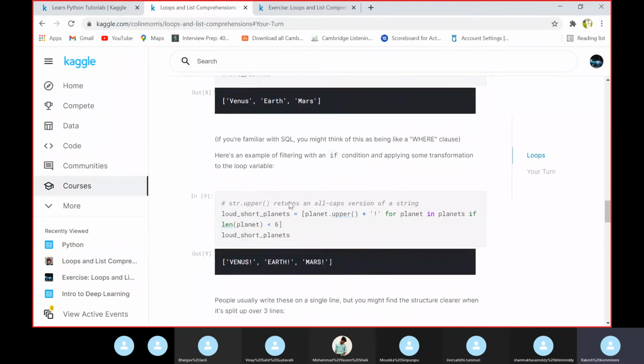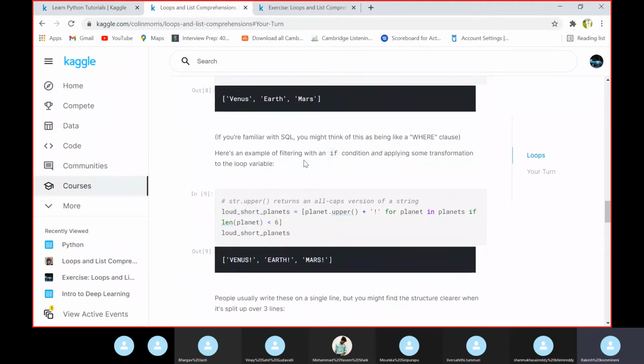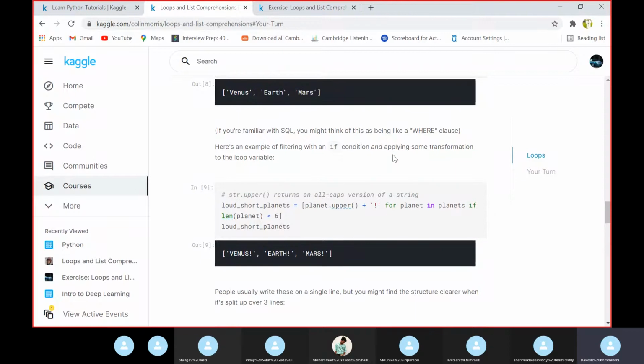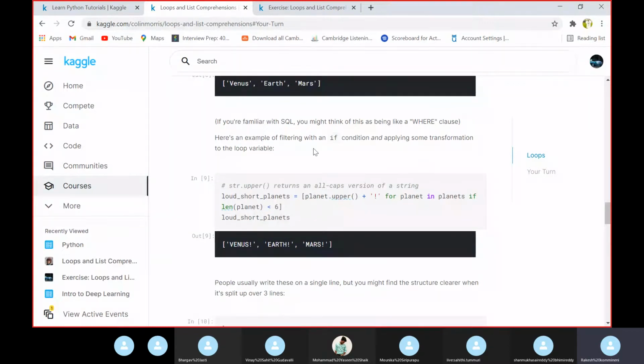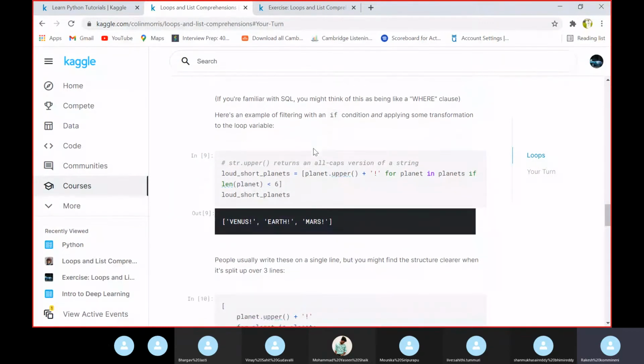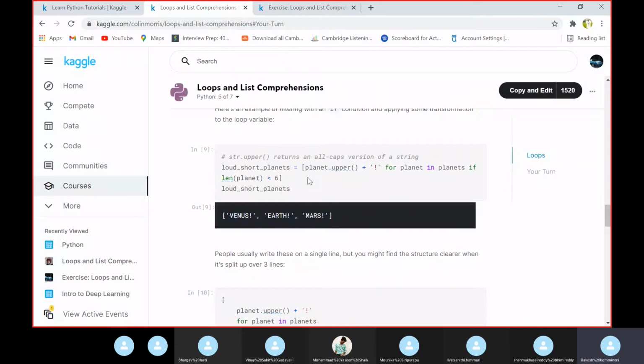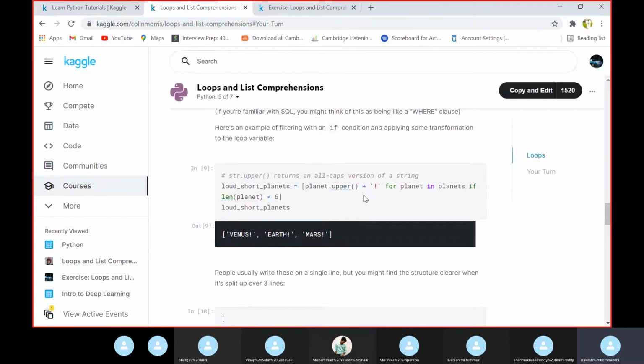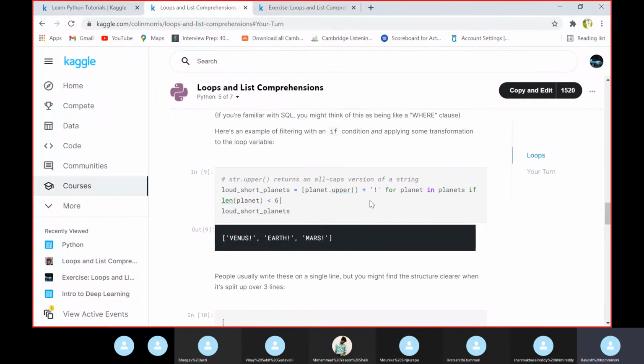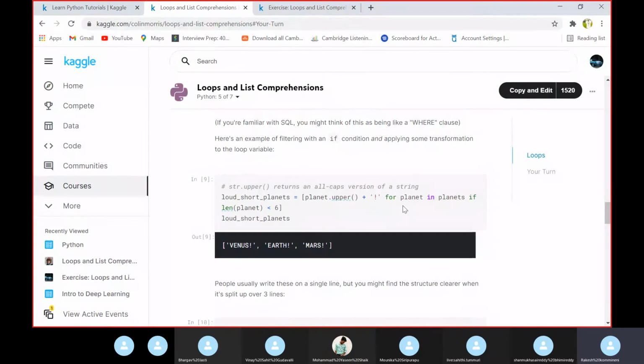And another example is an example of filtering with an if condition and applying some transformation to the loop variable, like a variable here loud_short_planets is equal to planet dot upper and appending this string character here for planet in planets.